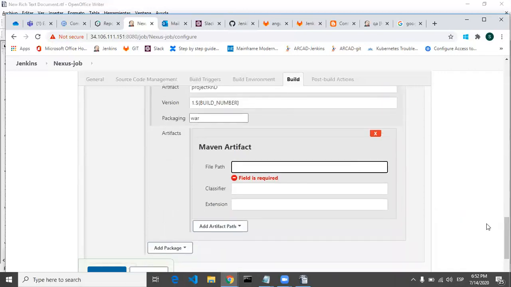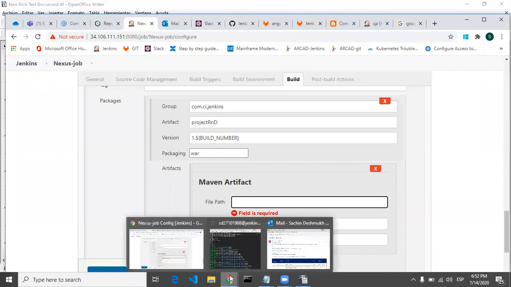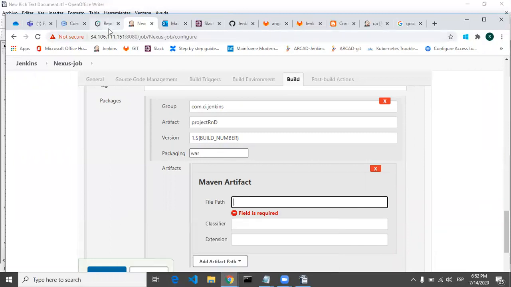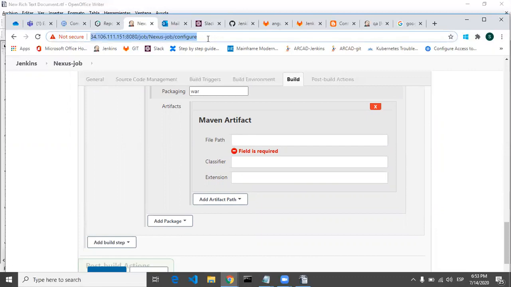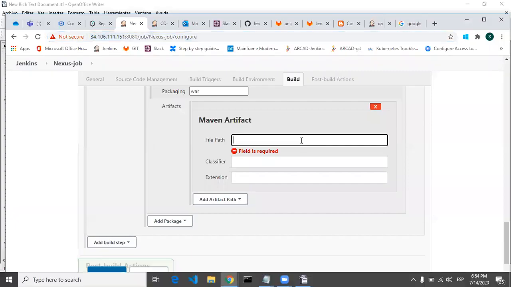Okay, so file path will be the war file location of your Jenkins. So this is the path of the Jenkins machine, like the Ubuntu machine where the Jenkins is installed.